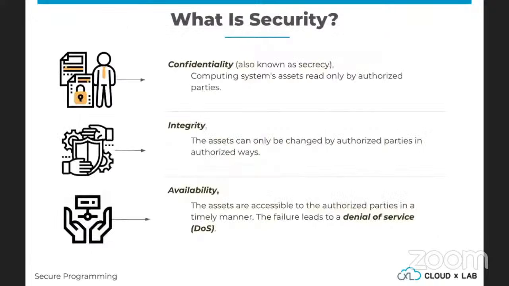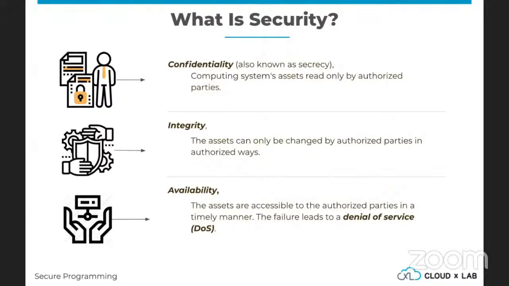Now let's get started. One of the first things to understand is what exactly security is. This is a word that we have been acquainted with for a very, very long time. But from the perspective of computer security, the first aspect is confidentiality.